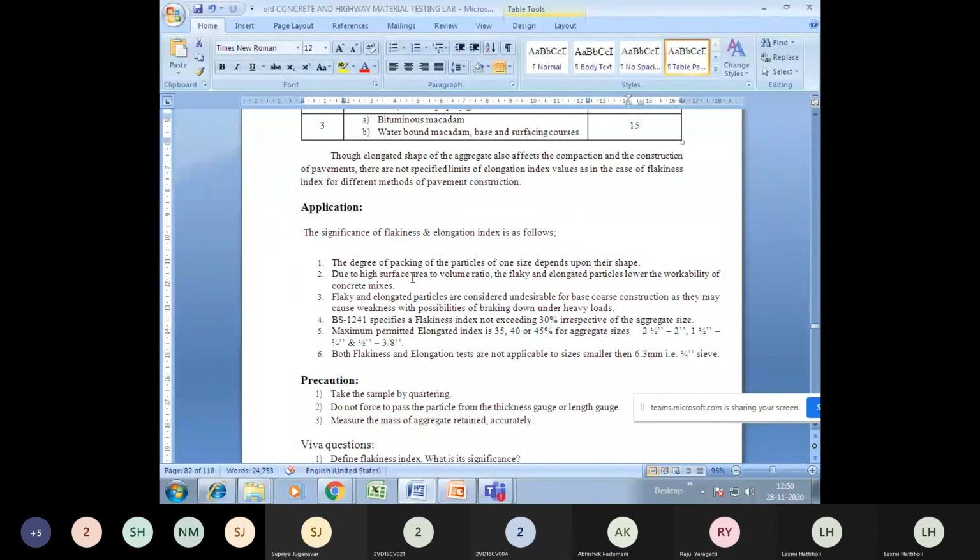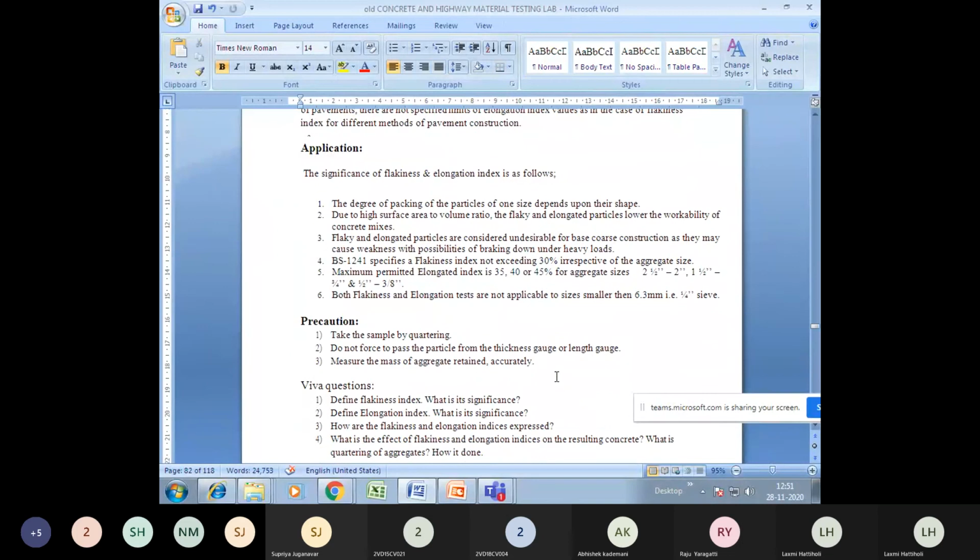The workability is very low if the percentage of flaky aggregate is too high, because as I said, the surface area to volume ratio is very high in flaky aggregate, and that will reduce your workability. That is why the flaky percentage has been limited in the Indian Standard Codes. And you can see the last one here: for both flakiness and elongation tests, aggregate smaller than 6.3 mm should not be considered.